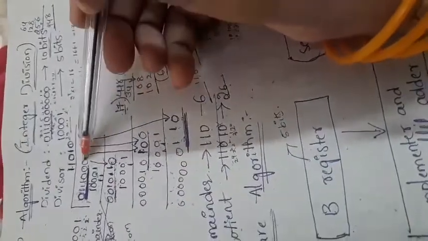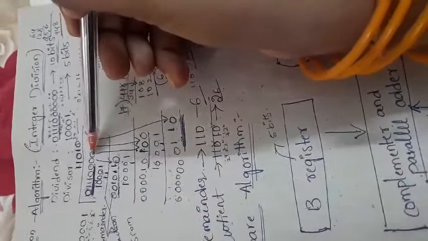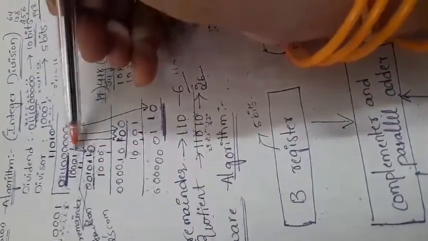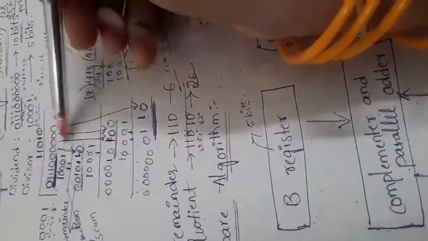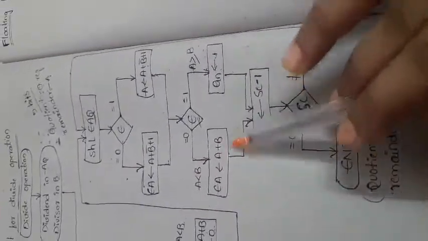The addition operation means that here this number is lesser than this number, so we take the values from the dividend number. Like this, 0 will be directly taken, so 0 will be added here, and like that here also the number will be lesser, so 0 will be added. So the A plus B operation will be performed here. If E is 0, A less than B means the dividend is lesser than the divisor, so we can perform the addition operation.